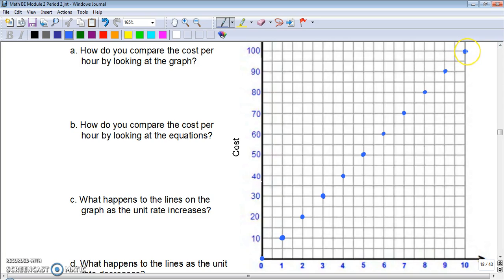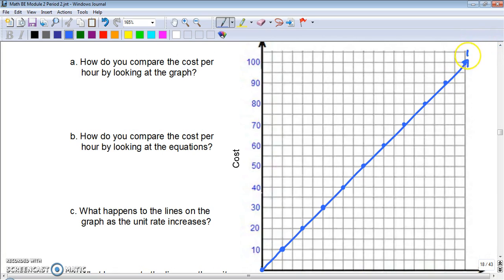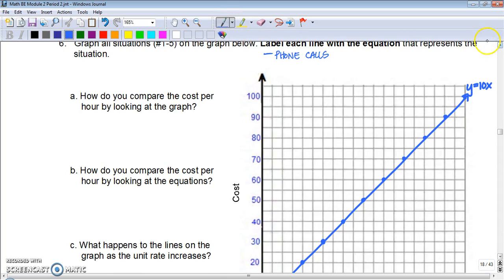And all of these should be proportional relationships or lines that go through the origin. And once you have a couple points, you don't necessarily need to plot all of these, but you definitely want to extend your line all the way to the edge of the graph. And it asks us in the instructions to label these. So this was y equals 10x, which was the equation for phone call. I'm going to color code these as I go. Next up